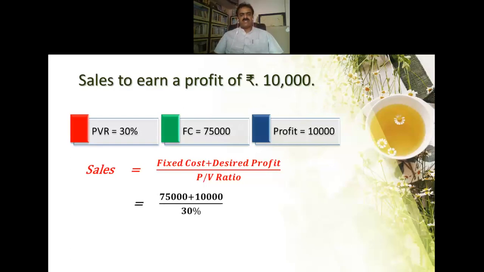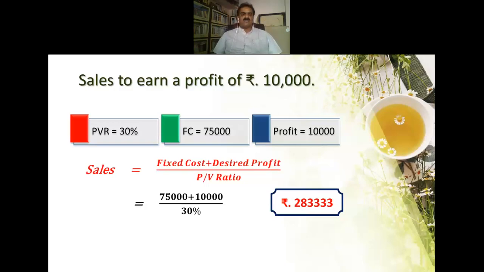So sales equals fixed cost, which is 75,000, plus the profit you require, which is 10,000, divided by the PV ratio, which is 30%. Therefore, your sales would be 2,83,333. That means if you make sales of 2,83,333, you will probably derive a profit of 10,000 rupees. This is a simple calculation, the prediction, the analysis of cost, volume, profit. That is to say, you need to sell around 2,83,333 worth of goods so that you will get a profit